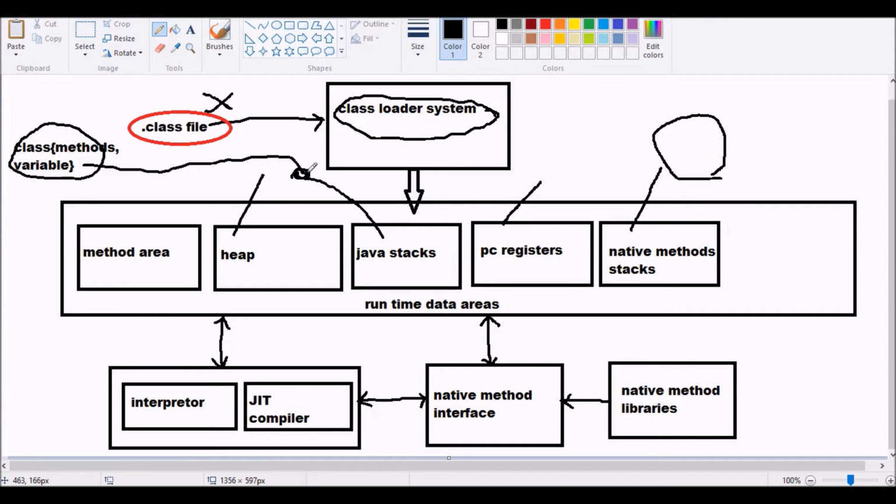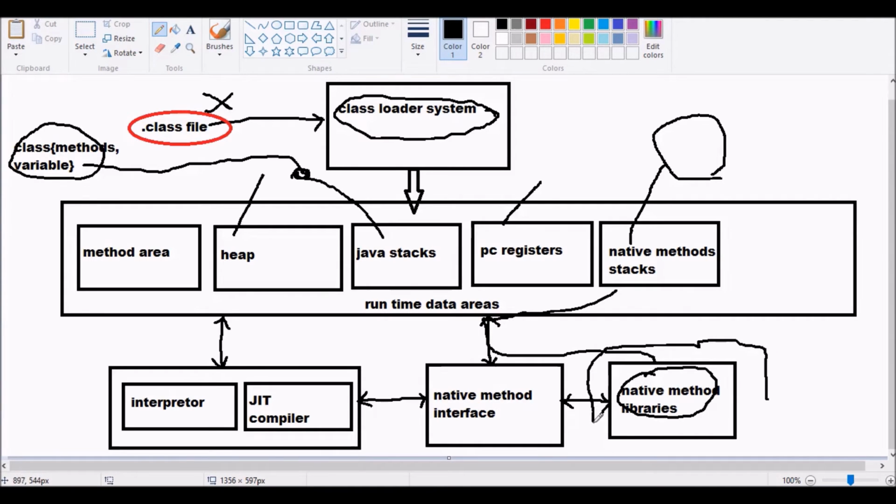Like Java stacks execute the Java program, here it is executing C and other languages' programs. How does it execute these programs? It will go to the native method libraries. There are some libraries that Java's developers created and attached to the JVM. Just think of the native method libraries as some RAM.